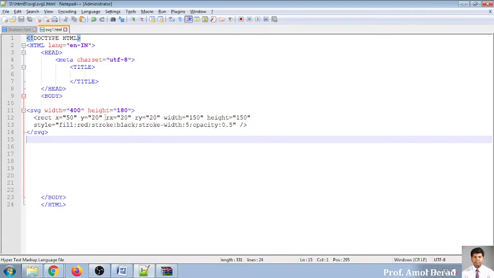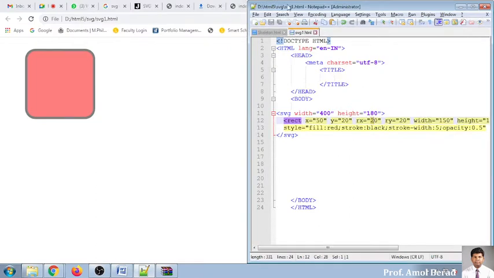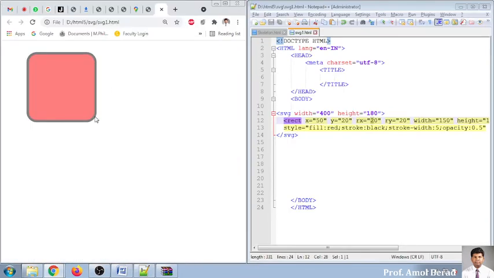Here I have changed it, and I want to show you how it has been changed. It is just with the help of what? Some more attributes you can add. So Rx and Ry. If the number is increased, I want to show you in a live demonstration. So if I'm saying 30 on x-axis and 30 on y, you will see it is moving. See this, the sharpness is again diluted.